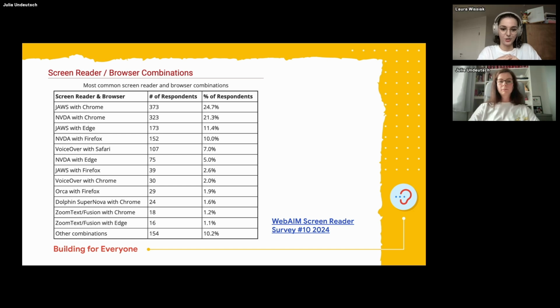The screen reader survey is your best bet. So according to them, last year, the most popular combinations were JAWS with Chrome, NVDA with Chrome, then JAWS with Edge, NVDA with Firefox. So if you can test these free screen readers in, well, 4 different browsers, you cover a lot of ground actually. But what I would also suggest is that you don't underestimate the amount of people who use the inbuilt features.